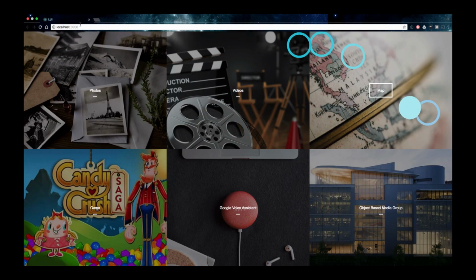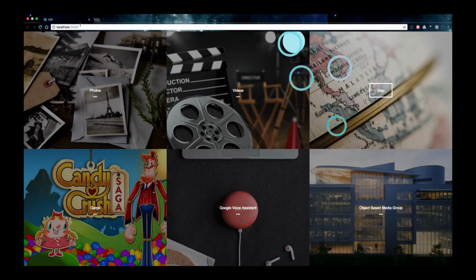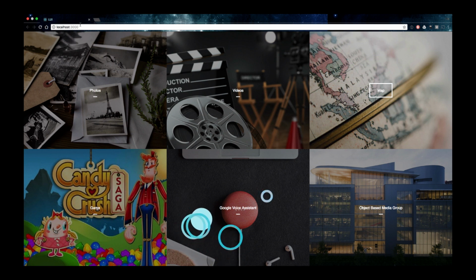All right, so this is an interface. I'm not touching anything at all. So using just my hands, I can exit the screen. And you can see here, I can go to different applications on the screen. And it tracks my hands. Essentially the fingers are mapped to UI elements. And as I move around, you can select different options.